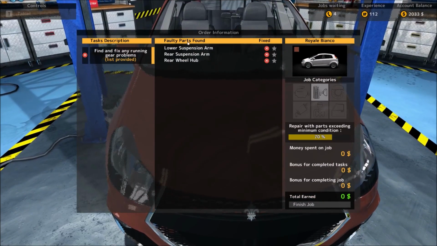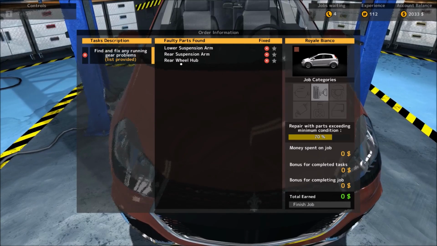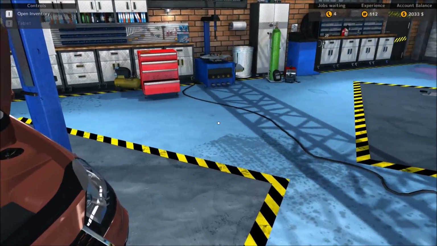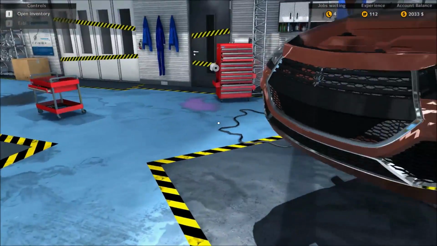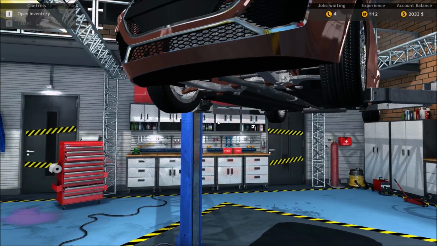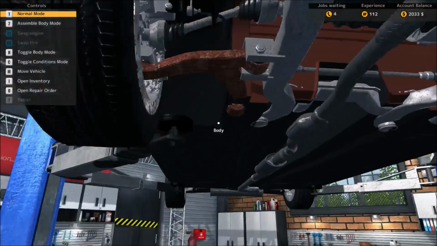We'll hit O. So this needs a little bit more: lower suspension arm, rear suspension arm, and rear wheel hub. So let's go ahead, pop the hood. We'll go over here to our lift, and we'll pick this baby up. It's pretty loud. We'll look underneath it here. And yes, as we can see right away